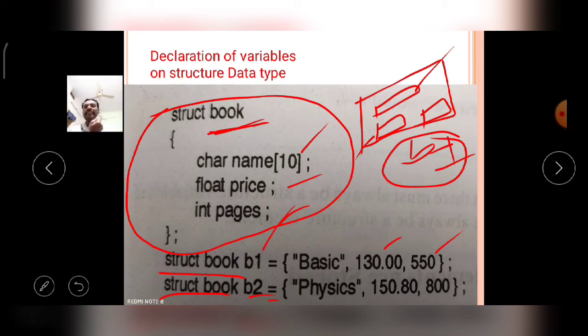Like that, the data is stored in the variable of structure data type. Like that, the declaration of variables of structure data type is easily possible.